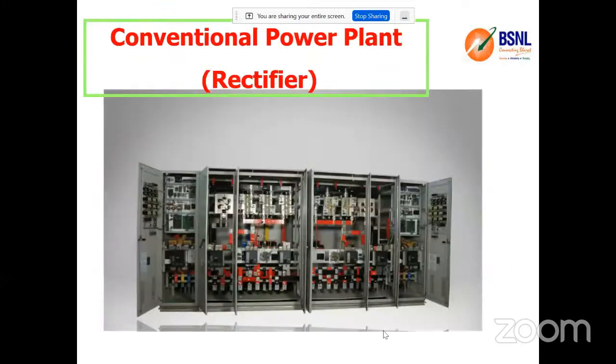So this diagram shows the conventional power plant. With the help of rectifier and transformer models, we had three parts: one is a float rectifier, another is a battery charger, then a switching cubicle. Put together, it is bulky in nature and occupies more space and weight, which was the conventional and old methodology. One more disadvantage of the old or conventional rectifier model is that we cannot have a flexible size or flexible architecture.